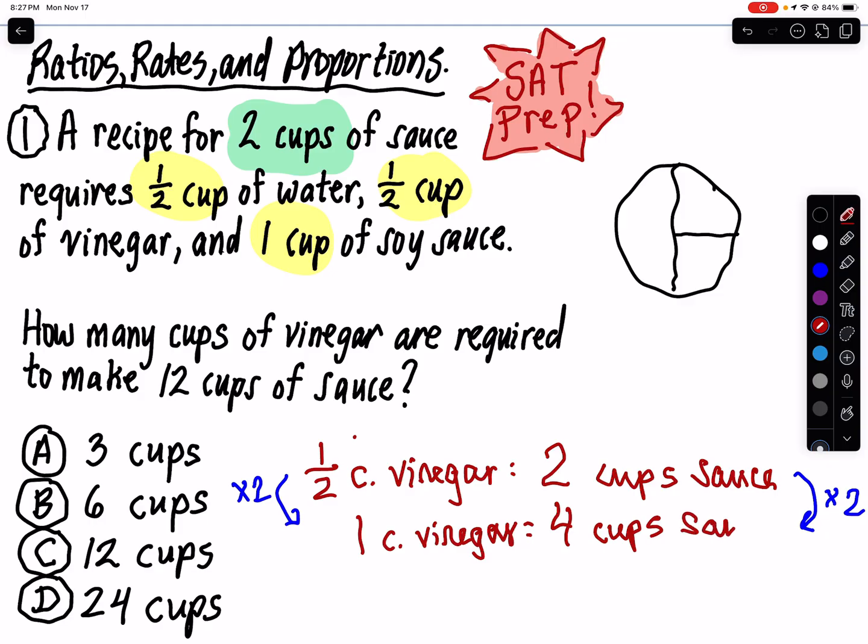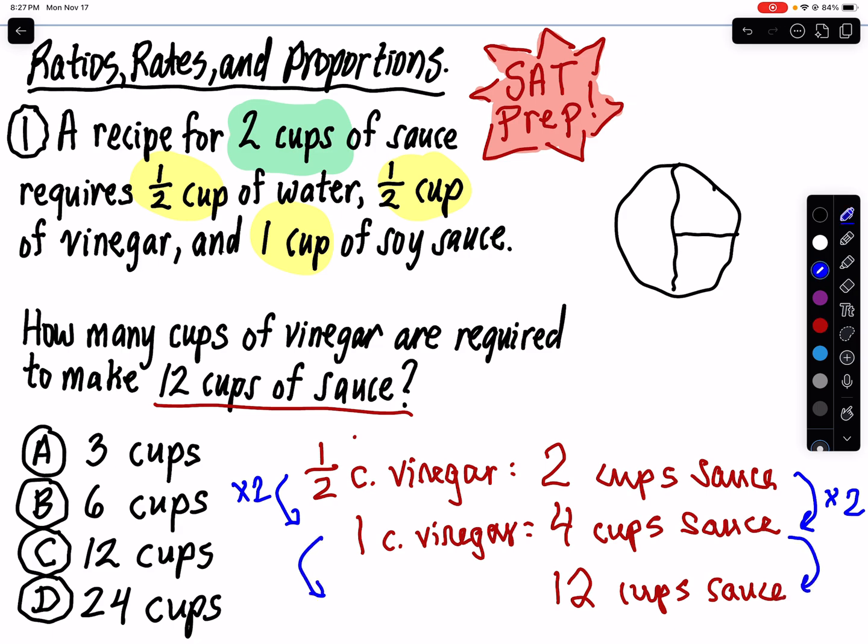Okay. So what are we shooting for here? It looks like 1 cup of vinegar will go with 4 cups of sauce. But what are we ultimately after? The 12 cups of sauce. So we kind of have a mystery problem here of what we need to multiply by, right? We've already multiplied by 2. What else do I need to multiply by to complete the recipe here? And it looks like I need to multiply over here by 3 to get up to 12. So the answer is 3 cups of vinegar,